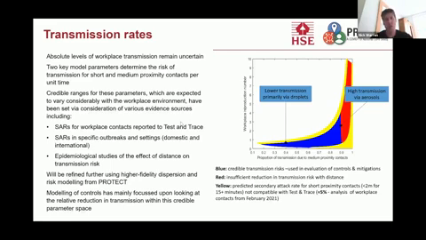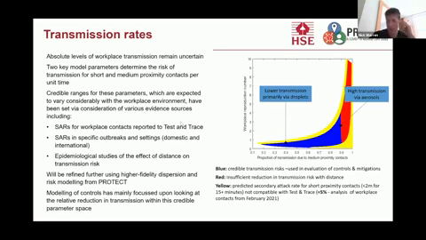And so we've considered a credible region for those parameters, using various information sources, but particularly secondary attack rates, workplace secondary attack rates from test and trace. And we can feed those into our model, and the plot shows what gets spat out in terms of a workplace reproduction number, which is on the y-axis, and the proportion of the transmission that's due to the medium proximity contacts. So the blue region is what we think is a credible region for the transmission parameters.